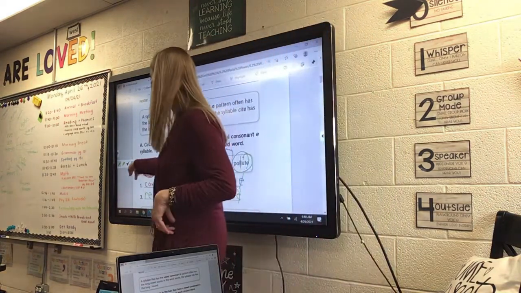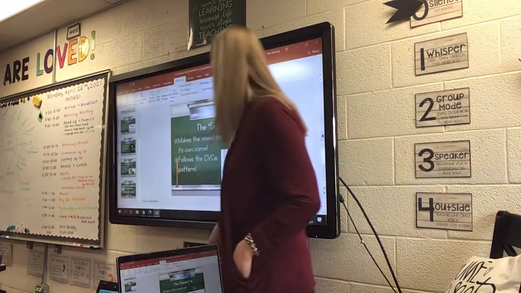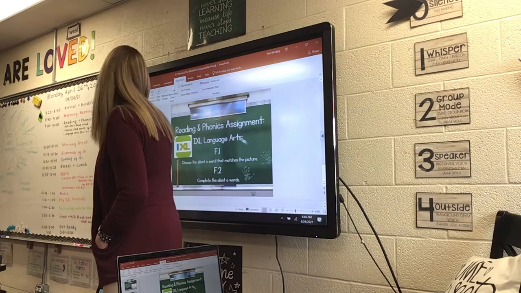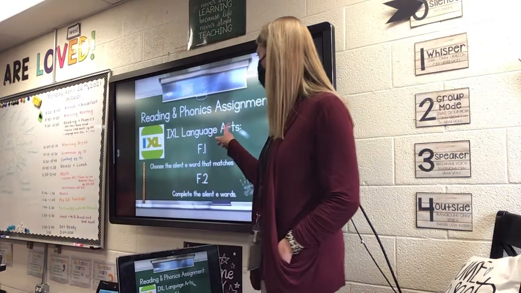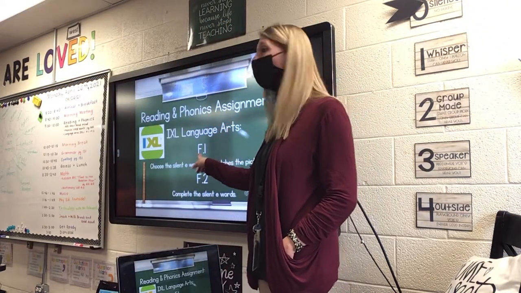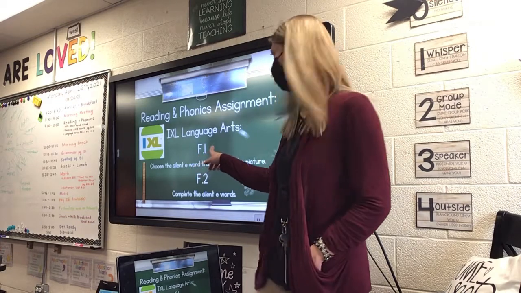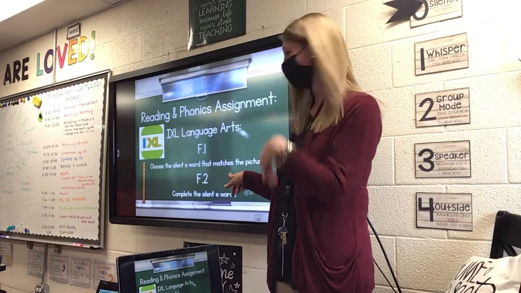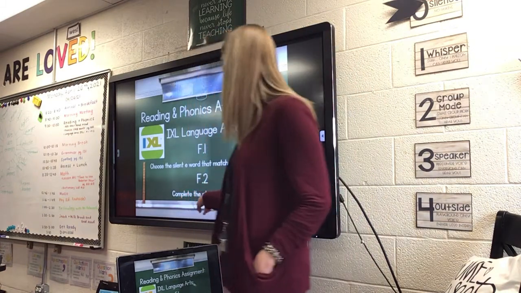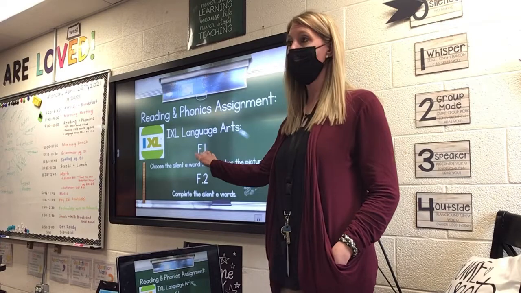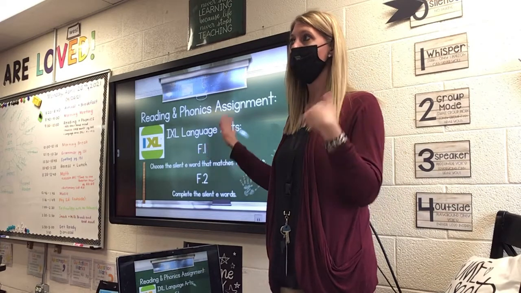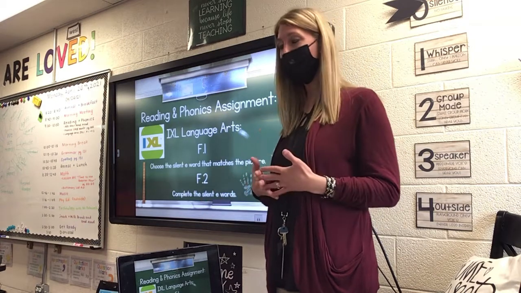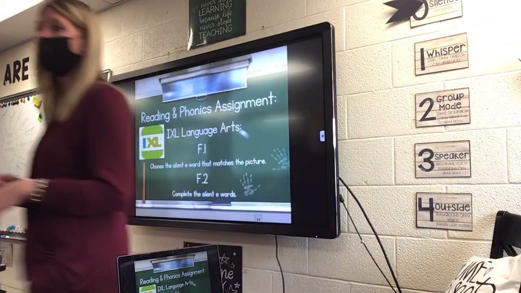And so what I would like you to do is practice this skill. Let me show you. I got a fancy little sheet here. I want you to go to IXL, Language Arts, and I want you to go to F.1. Now this is easy. It's choose the silent E word that matches the picture. And then F.2, complete the silent E words. So I want you to try to get F.1 to 100, get that done, and go to F.2 and try to get that maybe to 100 too. Okay? We got about 11 minutes, so go ahead and get started. I'll come around and pick up your papers.